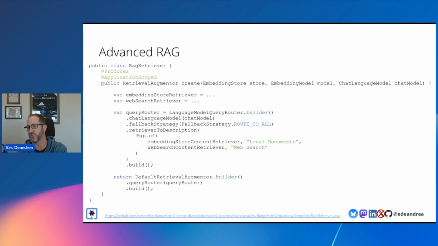Given this user's query, which one of these things should I use? Which is the best one, or should I use all of them? And it'll automatically do the routing and the delegating based on what the language model comes back and says. And there's a fallback strategy in here, so you can say, hey, if anything goes wrong, then just send them to all, just like we did the last time. And there are examples of this in play down the bottom there.